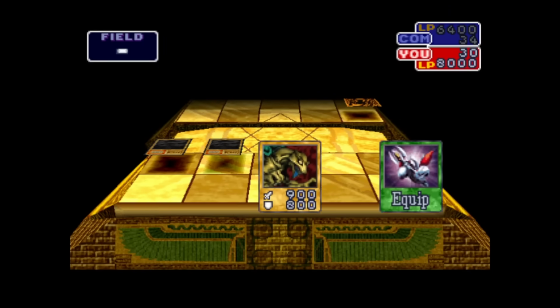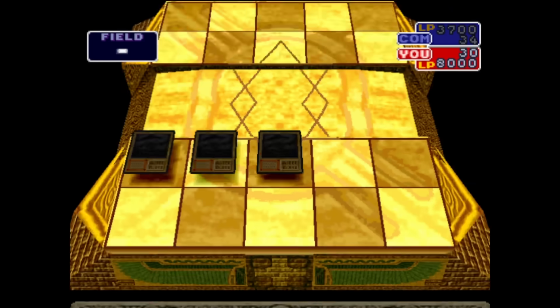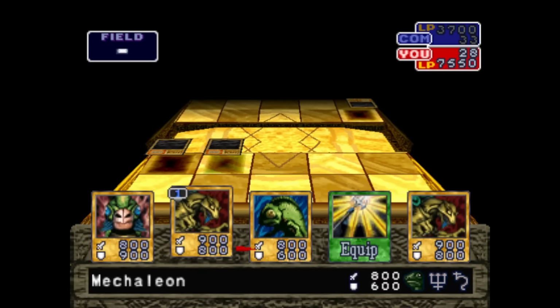Grappler has actually had a few anime appearances surprisingly. It first appeared in episode 8 of Duelist Kingdom in Mokuba's flashback, then again in episode 10 used by Ghost Kaiba. In episode 16 you can see this in Kaiba's briefcase, and in episode 26 you can also see it